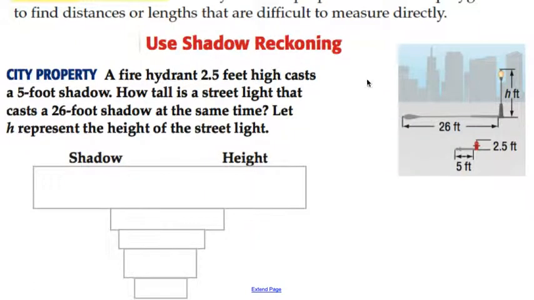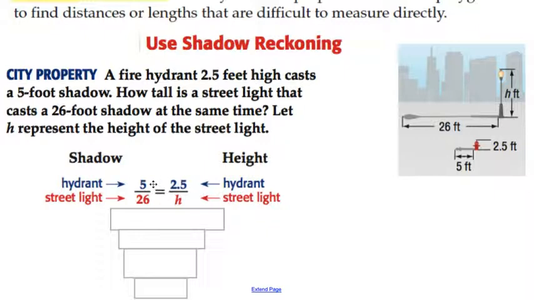So for example, we have a fire hydrant right here, this little red fire hydrant, and it's 2.5 feet tall, and it casts a shadow that's 5 feet long. We want to know how tall this street lamp is if its shadow is 26 feet long. Well, if we let h represent the height of the street light, we can write a proportion where we have the height of the shadow of the hydrant over the height of the street light